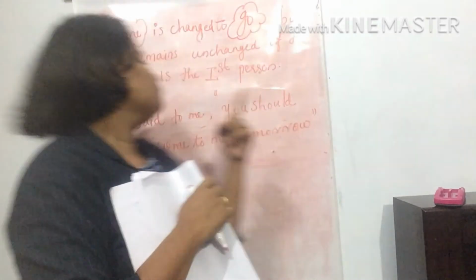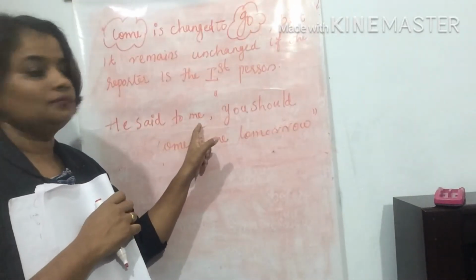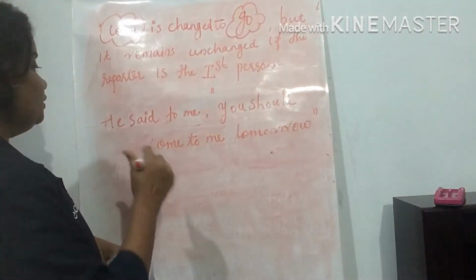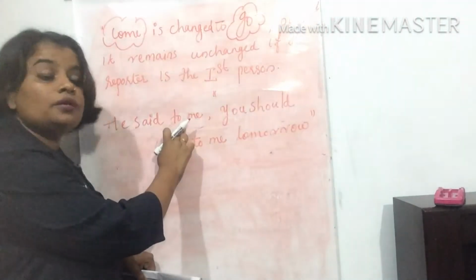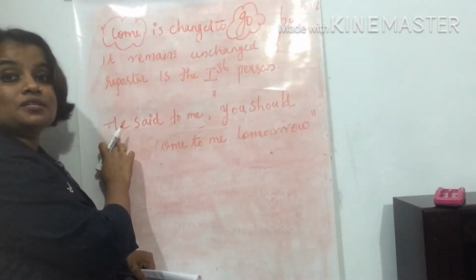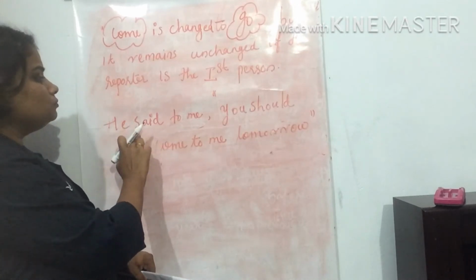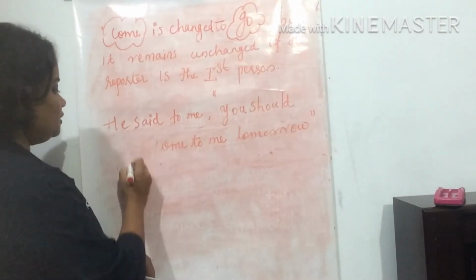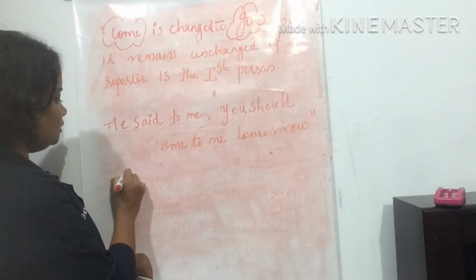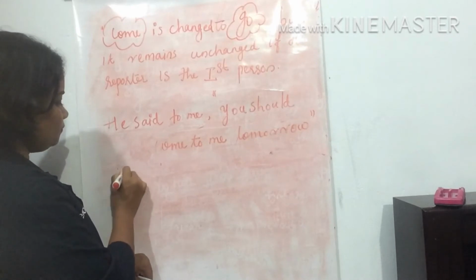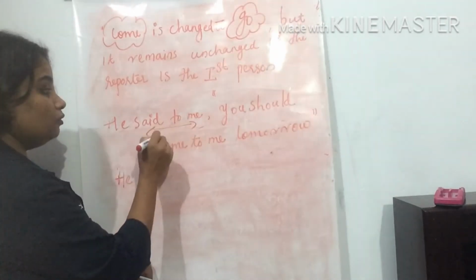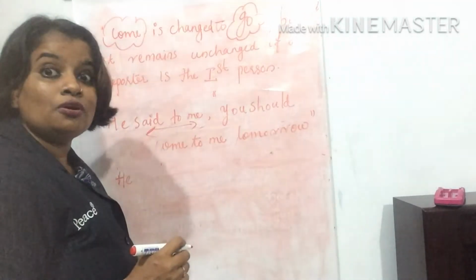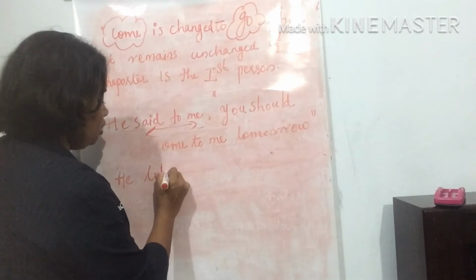Listen very carefully. He said to me, you should come to me tomorrow. He said to me. Who is the reporter over here? Yes, obviously, the third person, he. So come will change to go. Let us try to transform the statement. He. The object of the reporting verb is already there, so instead of said to me, we need to use told me. He told me